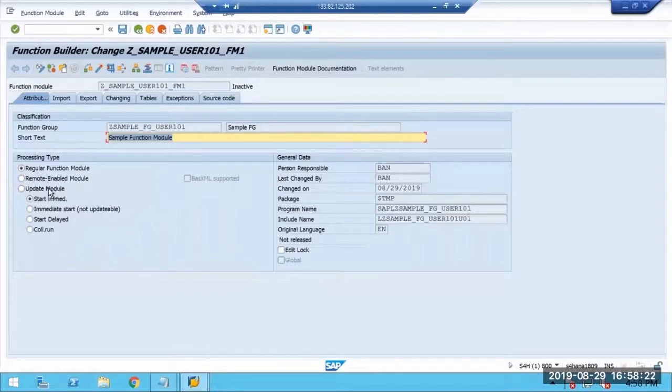Clear? The update module is also one kind of function module. This module will be used in big processes, like a big setup. If you are doing a lot of processes, and you finally want to do the updates to the database,